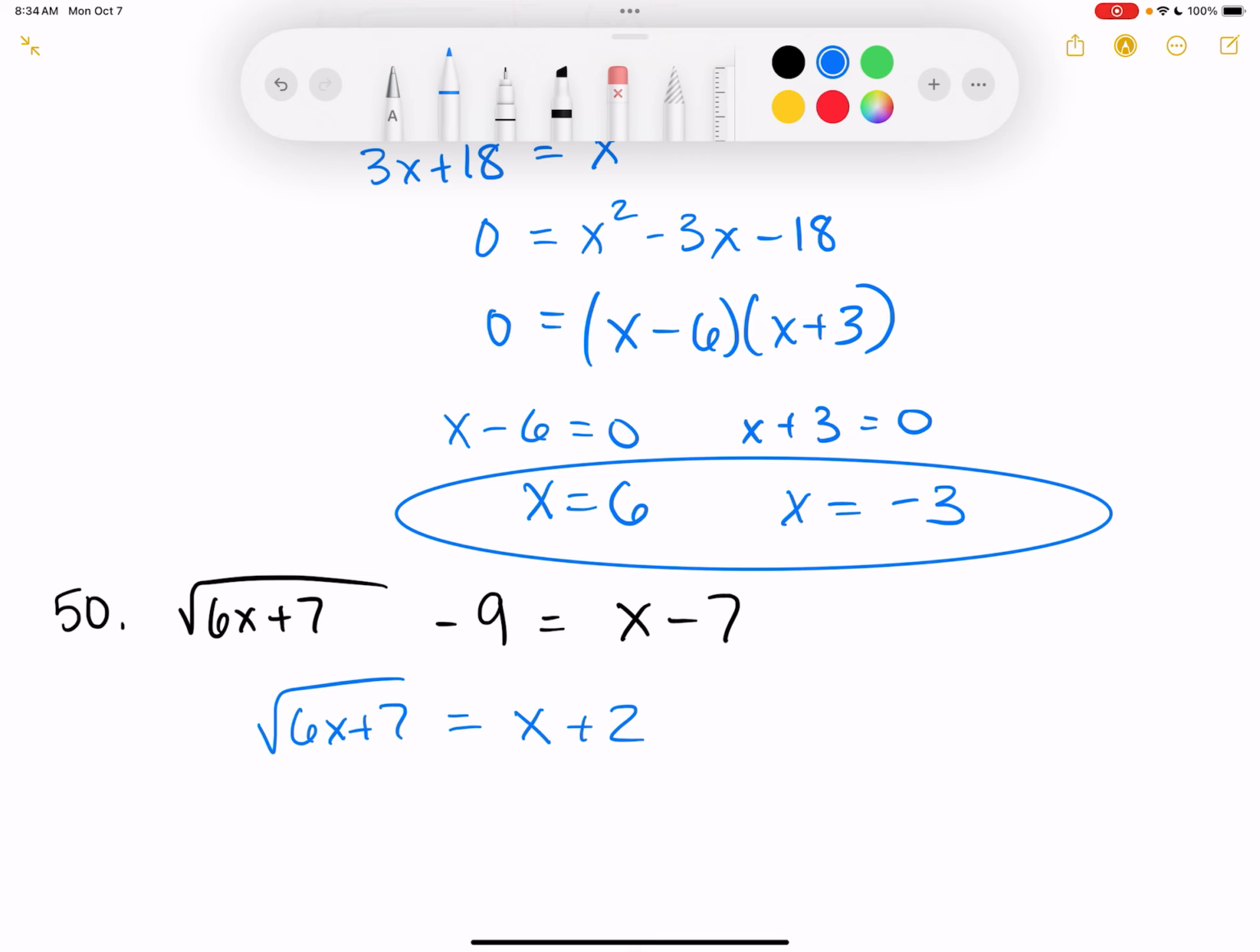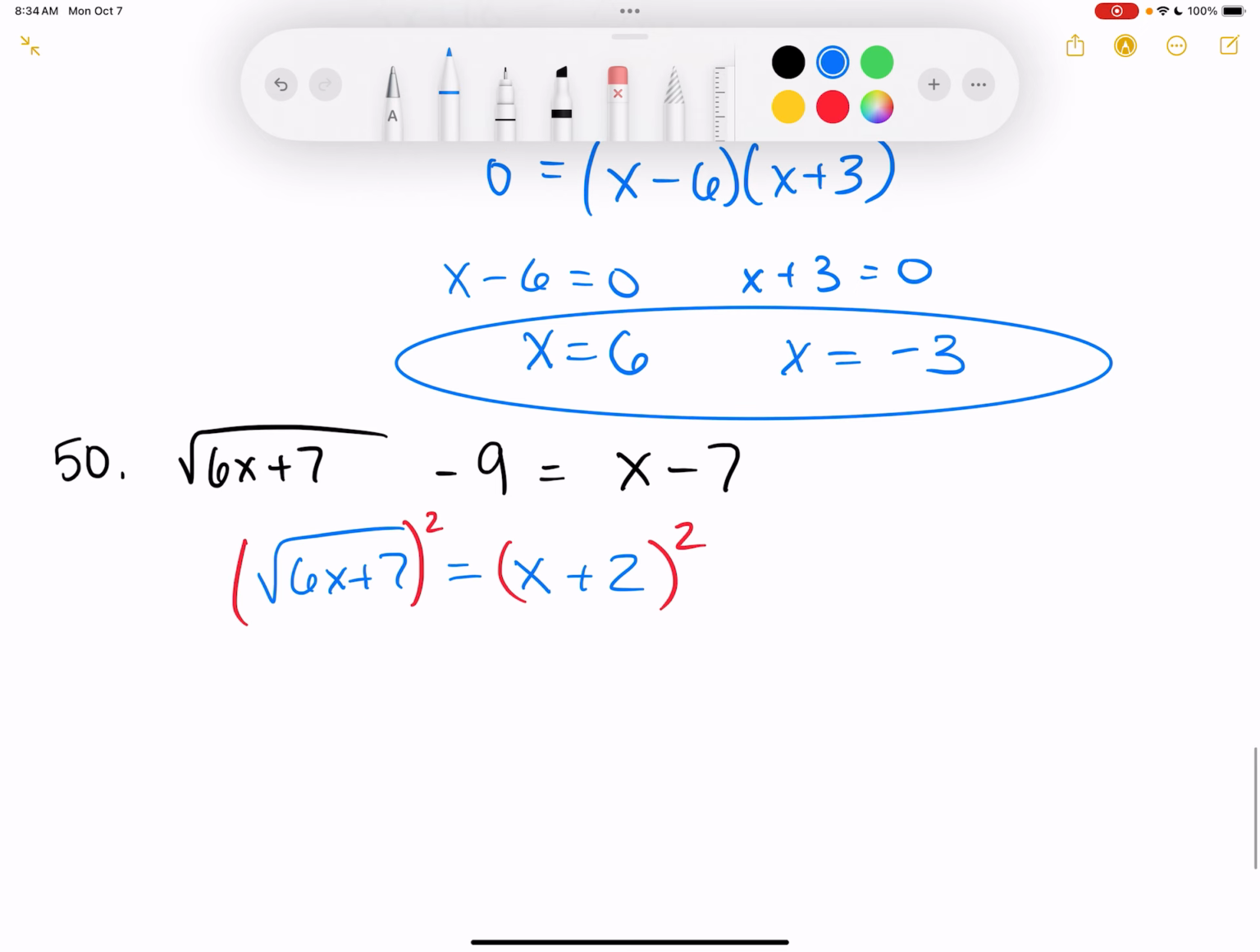So then when I square both sides, I need to be mindful that over here, I need to put this stuff in parentheses and square it. I'm not squaring each piece individually, I'm squaring that as a whole. So this is going to give me over here 6x plus 7 equals, now this is a perfect square trinomial, so I need to FOIL this out. So I would get x squared plus 4x plus 4,